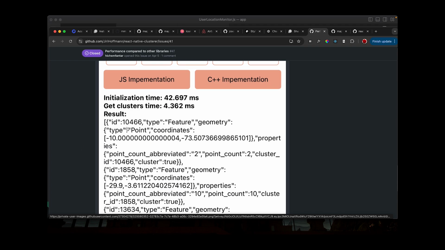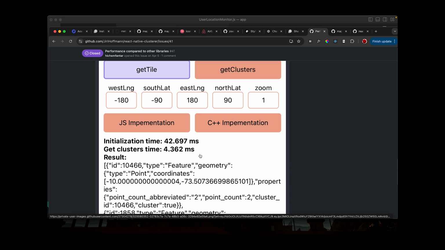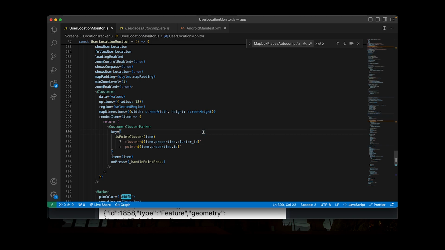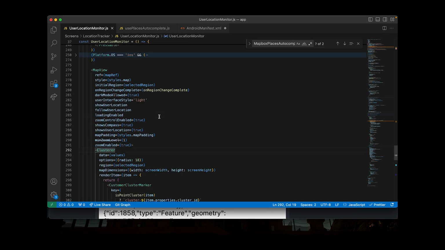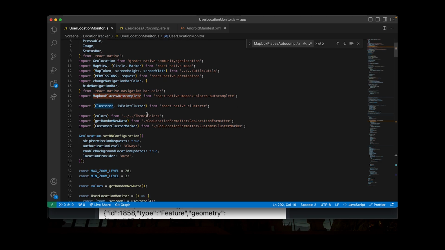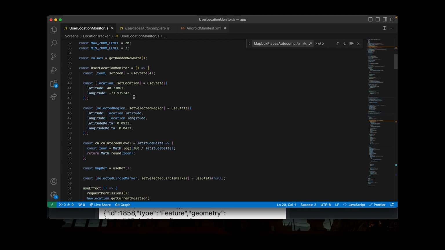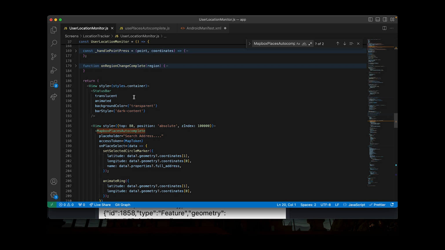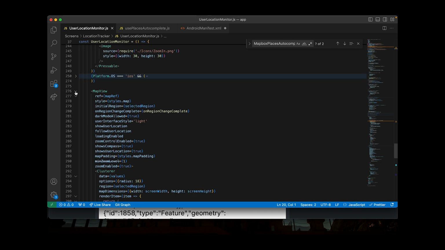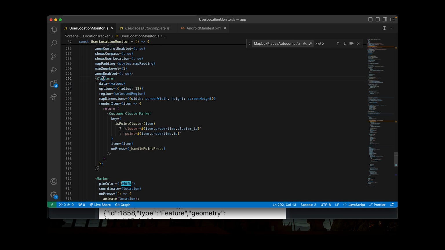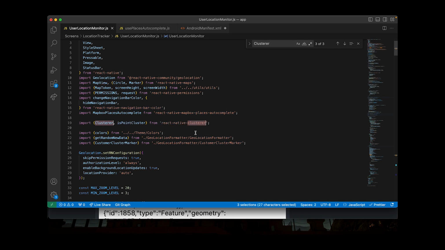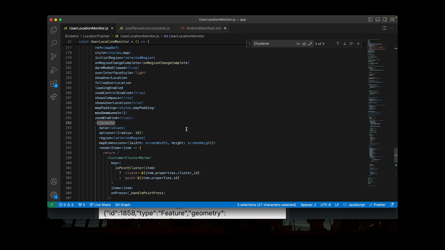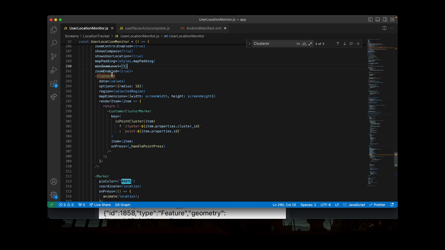As I said at the start of the video, even if you have the coordinates, they should be in GeoJSON format, and then you have to convert that GeoJSON format to the clusterer format, the same as we discussed in the Mapbox video. So the first thing we do is scroll down. In the clusterer part, you have to import clusterer from React Native clusterer. You have to install that library and do pod install. Once you do that, on the clusterer side,